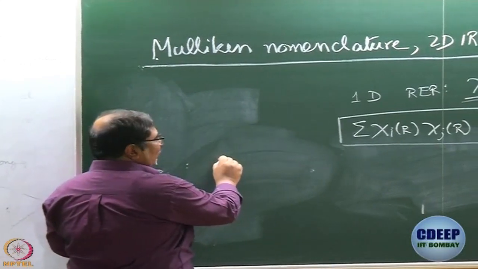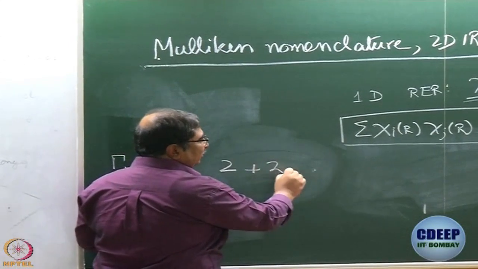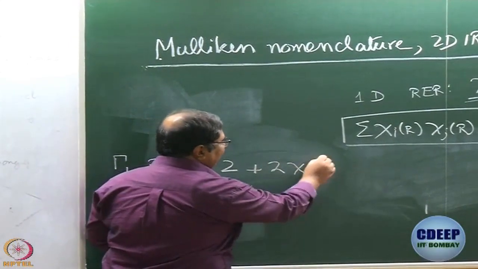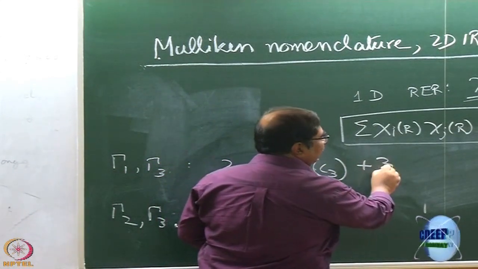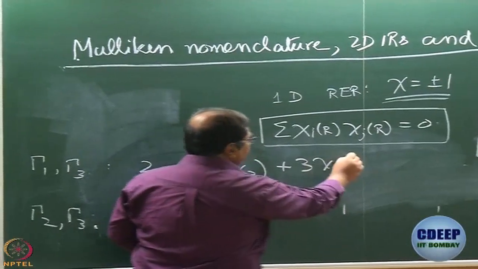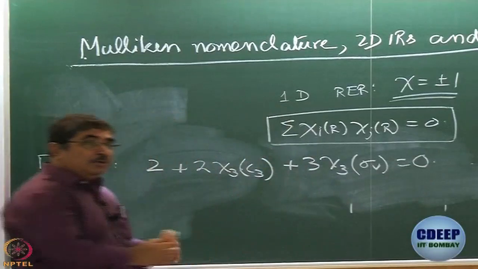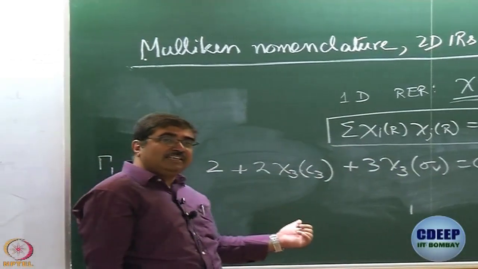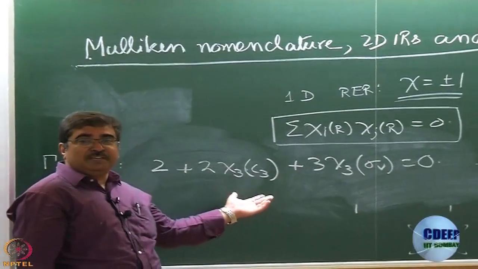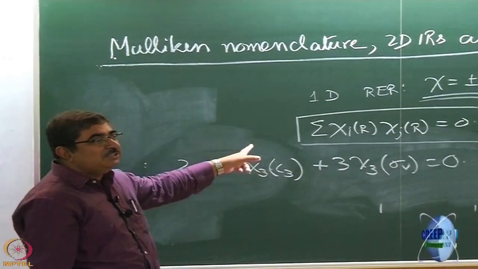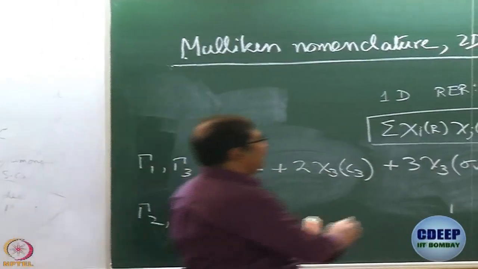You are right, Vishwarup. So, why do not we say it once again? What is it? 1 into 2, 2 this time, right, plus 2 into chi3 of C3 plus 3 into chi3 of sigma v equal to 0. And this time you will not be able to figure out the values of the characters only from this equation, because there is no condition that they have to be plus 1 or minus 1. You need another equation, 2 unknowns, 2 equations. What is the equation you get when you use gamma 2 and gamma 3?